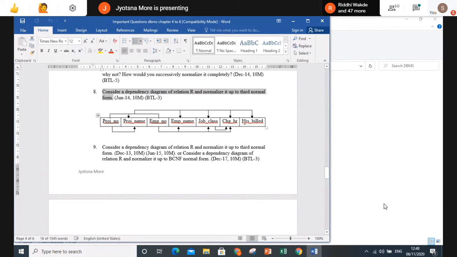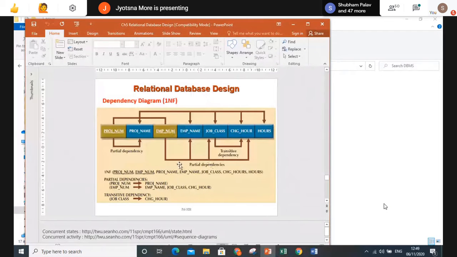Usually in exam, this is hours bid, or if it is given hours, that is also okay. You write the name which is given. Don't change any name which is given in the dependency diagram. Use the same name. Okay. So right now you all use this, or you can say hours over here. No problem. You all have copied the question. So I will go with that so that it is easy to explain to you. So this is done, everyone.